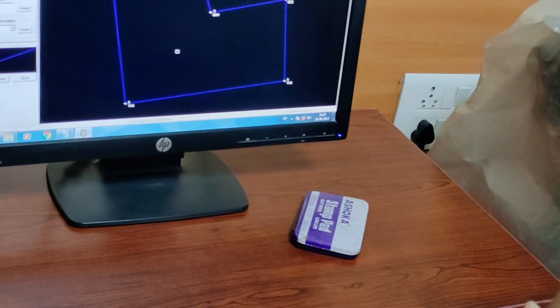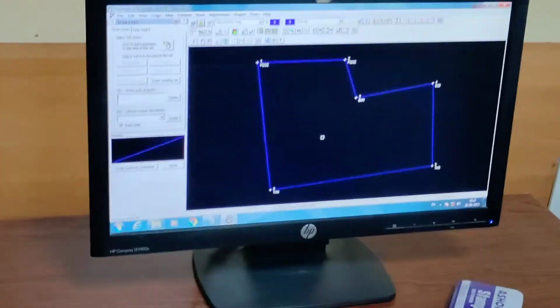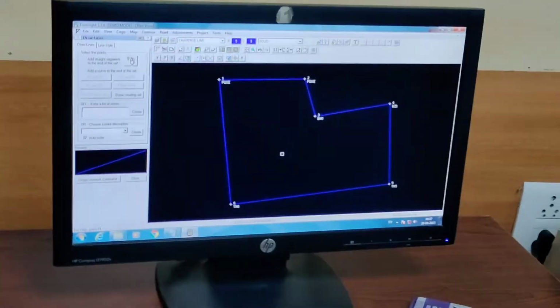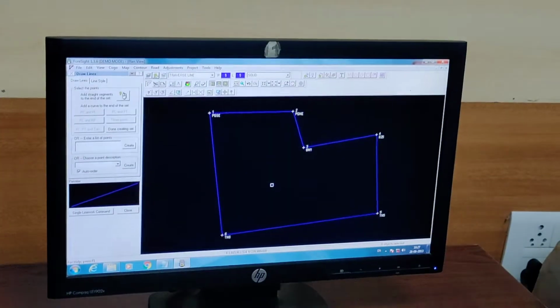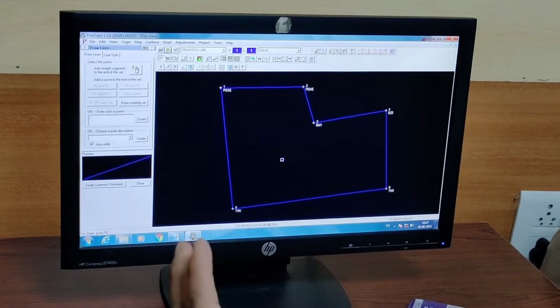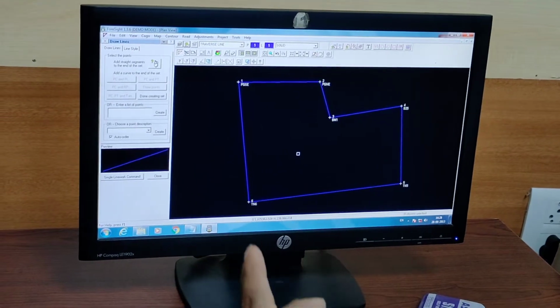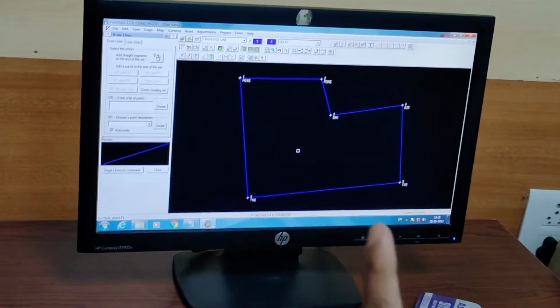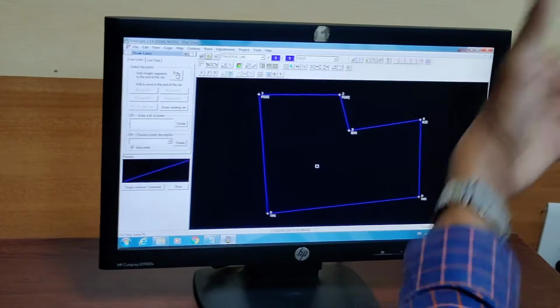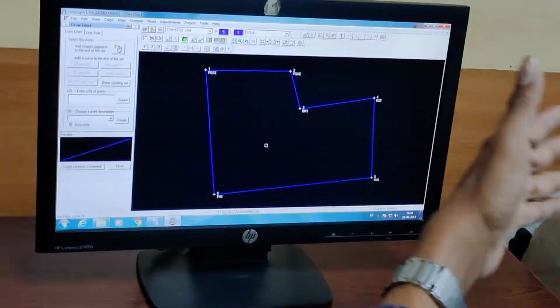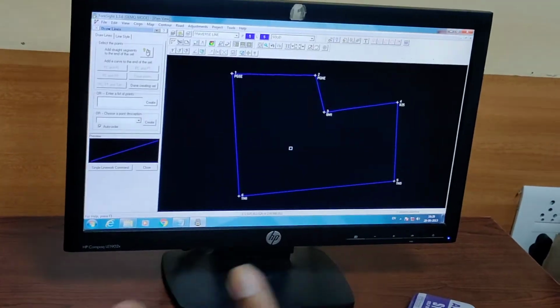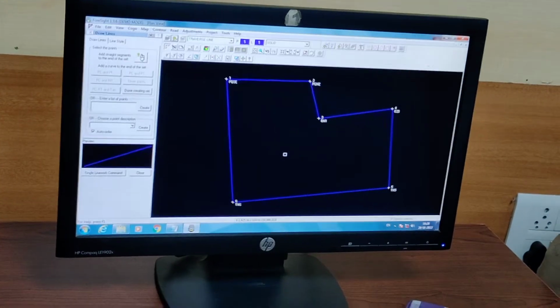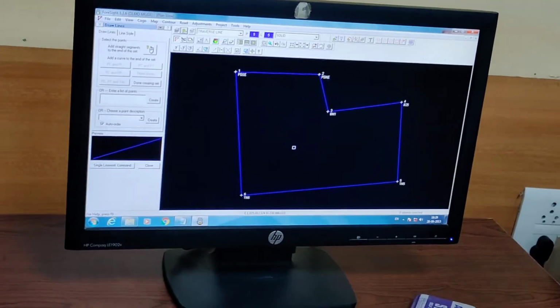But you must have different codes for every detail. For example, you are doing a road. For both edges, if you give the same code, it will add zigzag. If you have separate codes for the south edge and the north edge, then it will add all the south edge points and all the north edge points differently. Okay, this is the point.